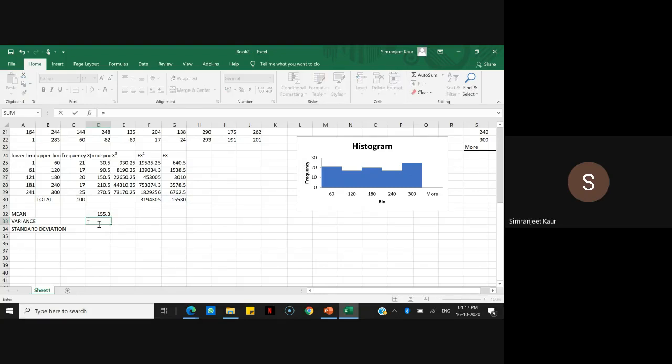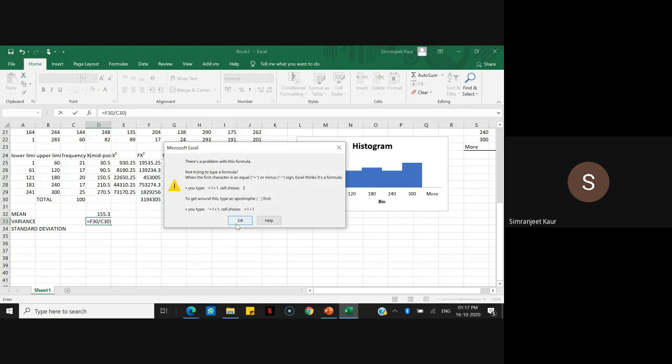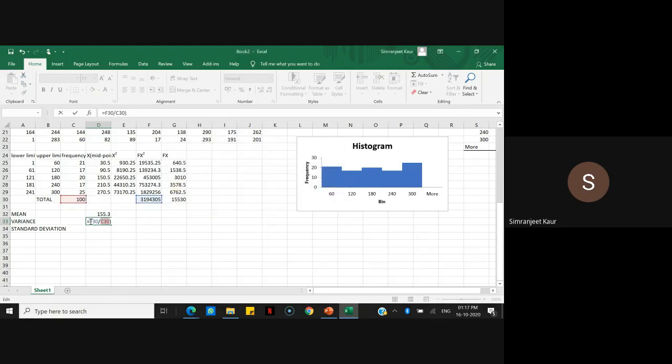Now let's move to variance. Using the same formula, sigma fx square divided by sigma f. Let's close it in brackets because we will be using it. I'll just use my cursor and put a bracket here.